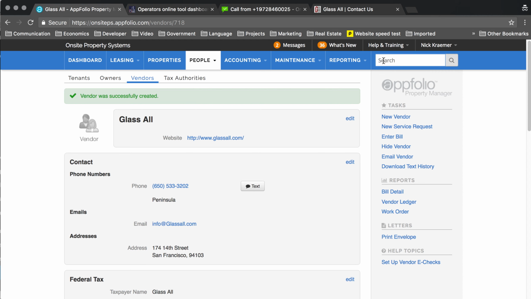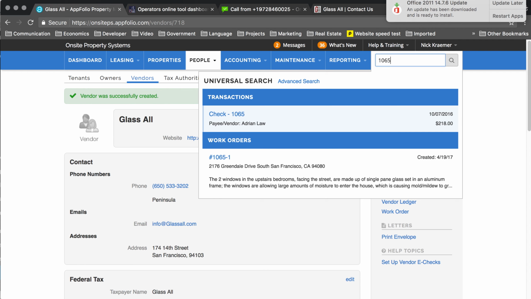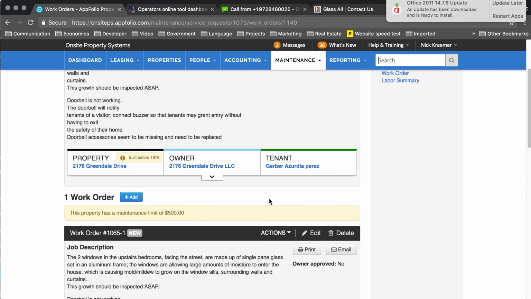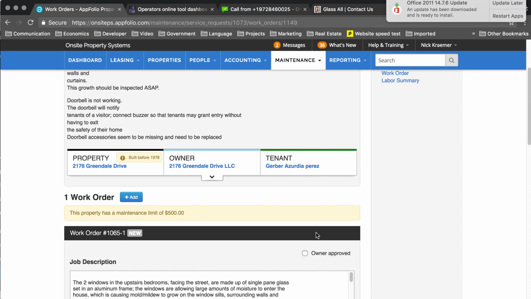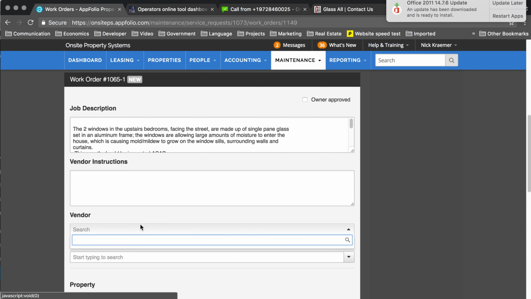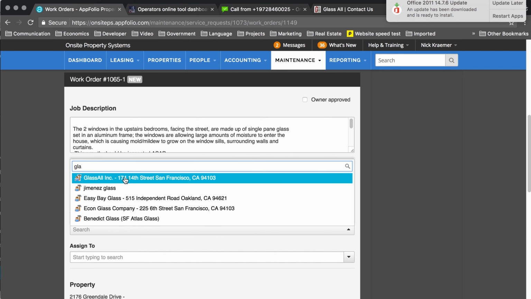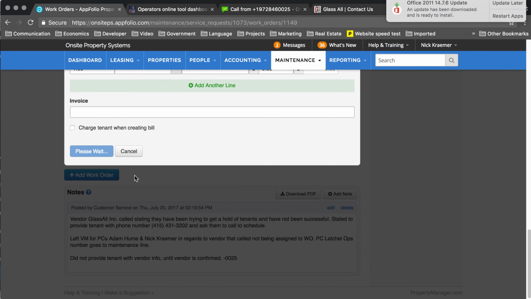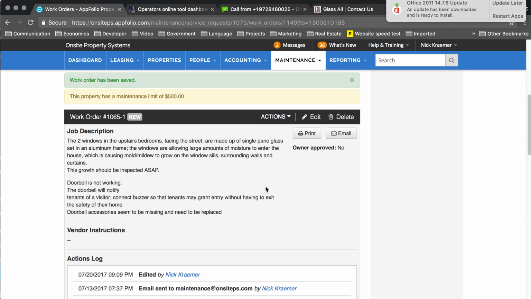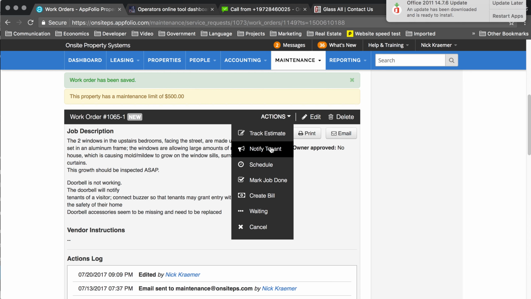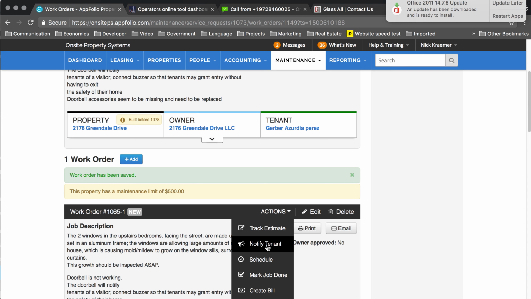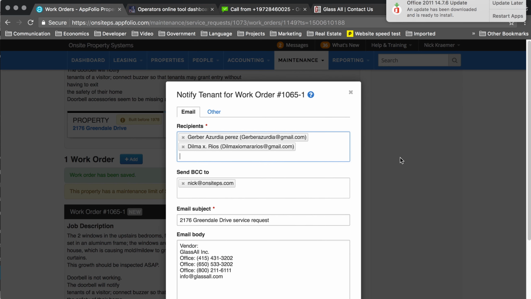Now, what I want to do is go back to the work order and edit this under Glassall. Listed there. Okay. Hit save. And then actions. Actions, okay, this is important. So if we want to notify the tenant about things going on with this work order, okay,